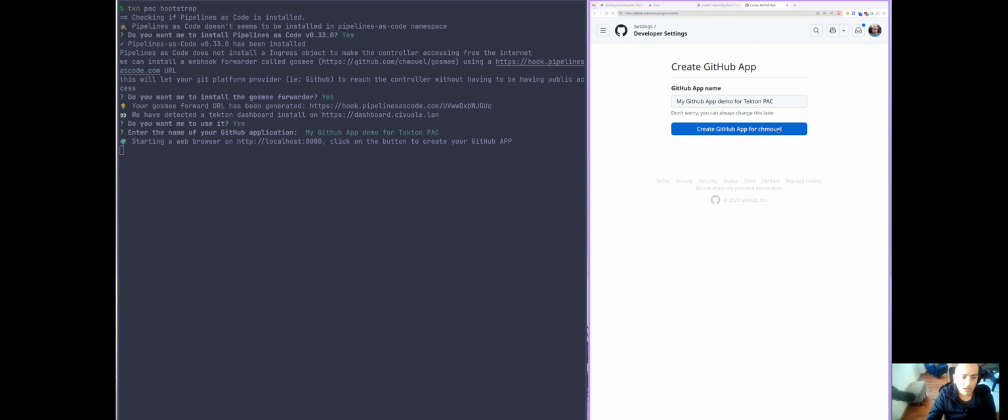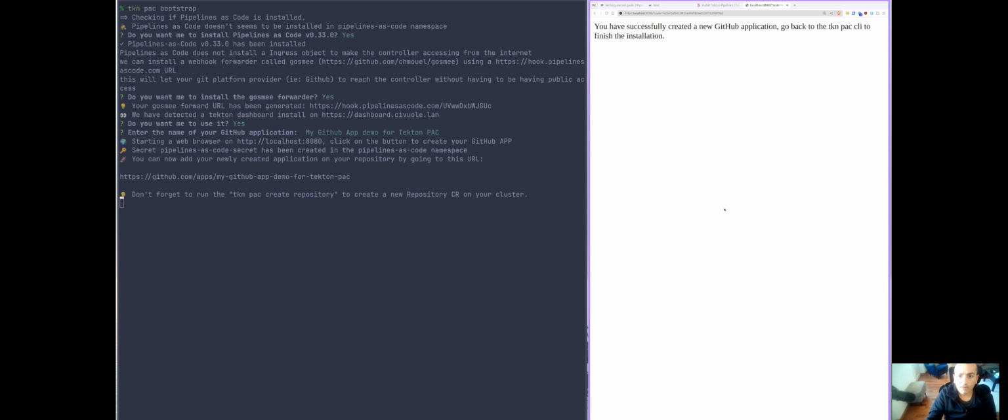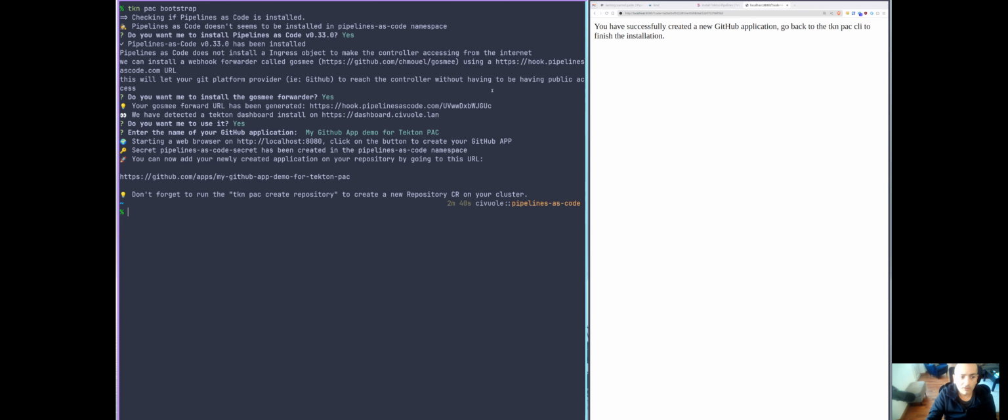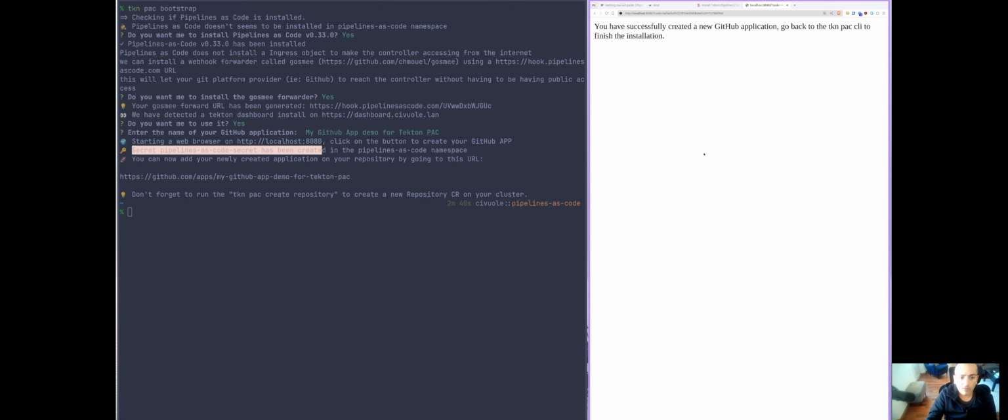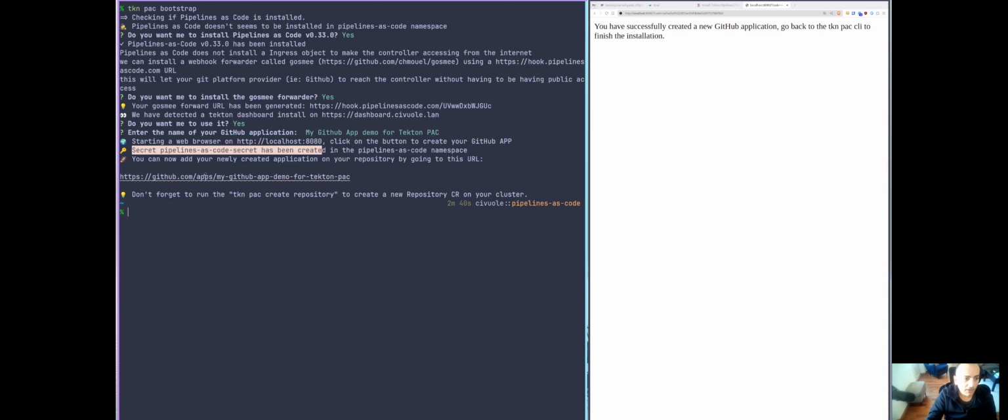That's on my own repo. So I'm going to create that, and here we go. It's installed, and it automatically detected it and created a secret, which is the secret that we have on the GitHub app,